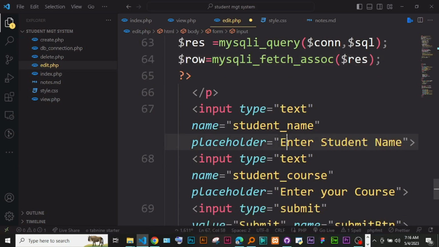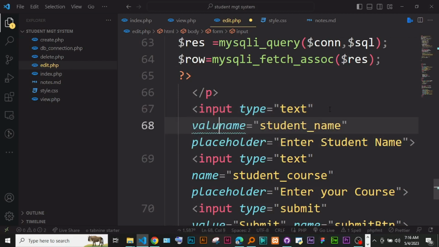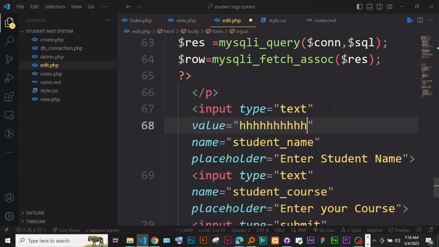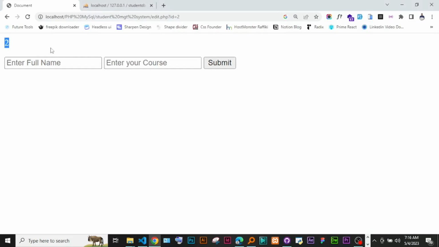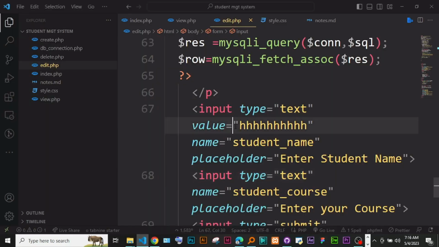So where we have the student name here, we are going to go to this input and add one thing, which is value. Just add one attribute, value. This value attribute is the one that shows the value that is there. So right now, let me show you. If I put something like this, save this, let's go to the browser and refresh. So you can see this is here. So the value part holds the value of this